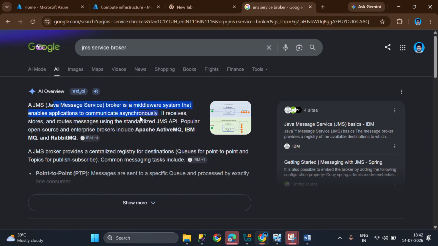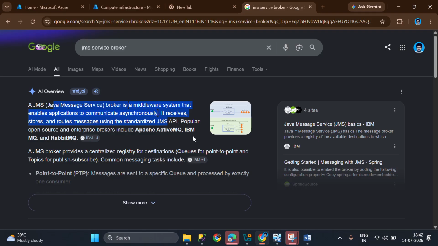It is a middleware system that enables applications to communicate asynchronously. Whenever they write code and want to receive some emails, they receive them through this JMS. That is a service broker.